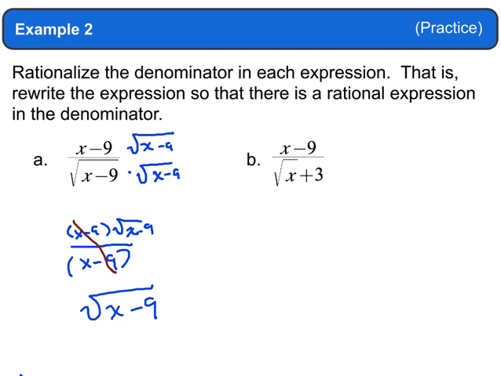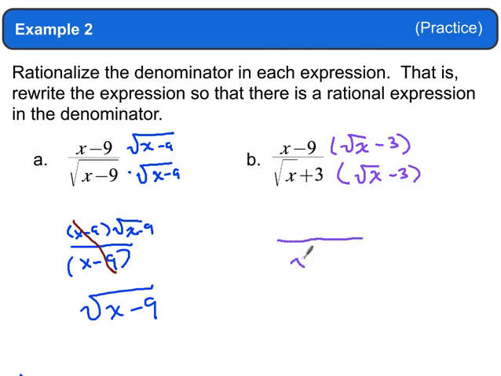The other one, by contrast, is a little bit different. Because they are not all underneath the radical, I have to actually multiply this one by the square root of x and a minus 3, the conjugate pair again. And of course, whatever you do to the bottom, you have to do to the top. And so this one becomes a little bit more interesting of work when we multiply these together. Because these are conjugate pairs,